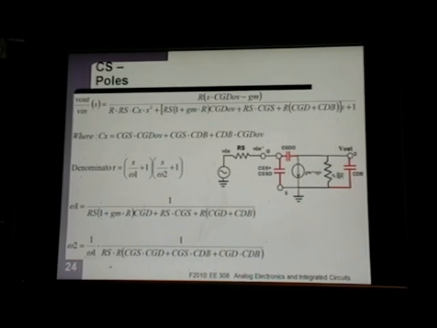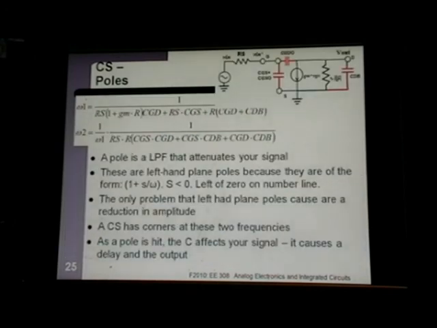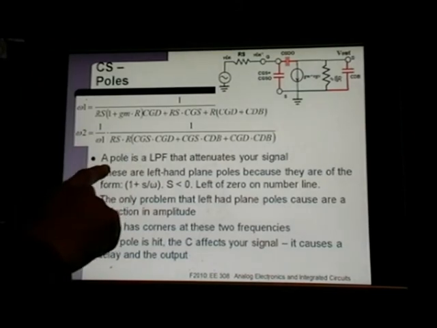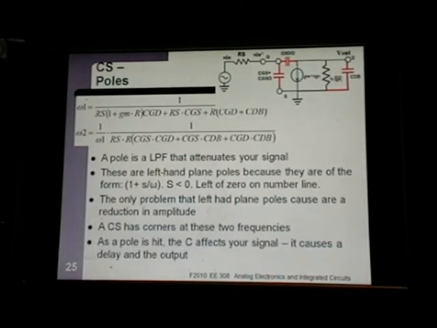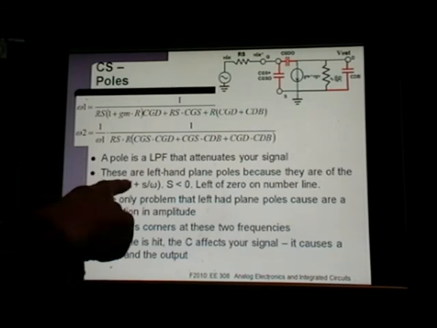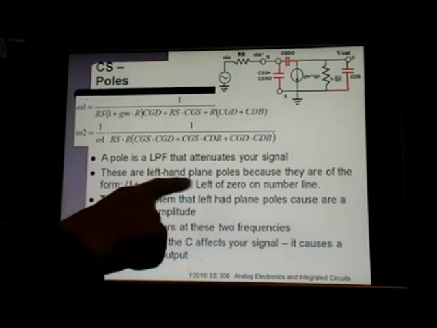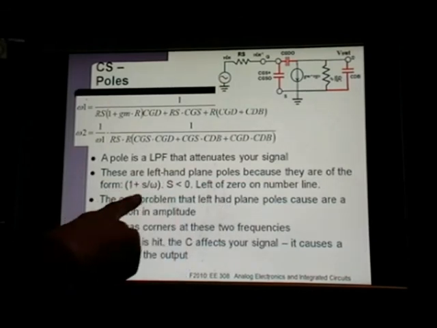You're welcome to do it on your own. But let's go through this summary of a pole. Again, a pole is just a low-pass filter that attenuates your signal, and the ones that we have been looking at are left-hand plane poles, and that's because they are of the form 1 plus S over